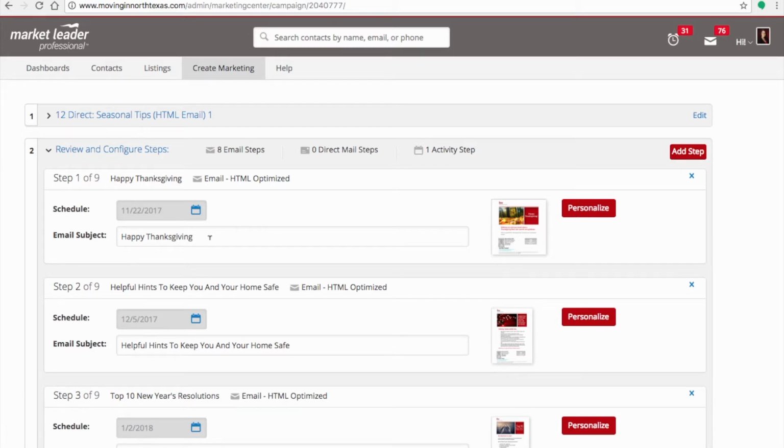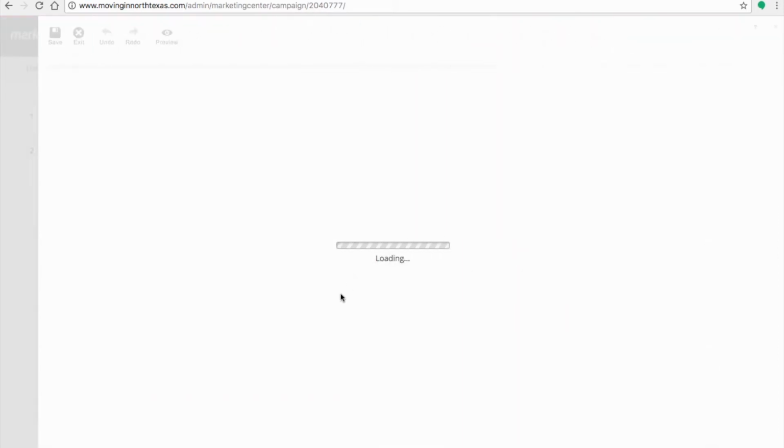So if you did want to put Happy Thanksgiving from your team name or from you, however you want to do that, you can add in some email subject. You do need to personalize, though, each one of these email campaigns. As you can see right now, they do have it set up where a silhouette shows up. So you do want to make sure that you go in, hit personalize, and then from there, it is going